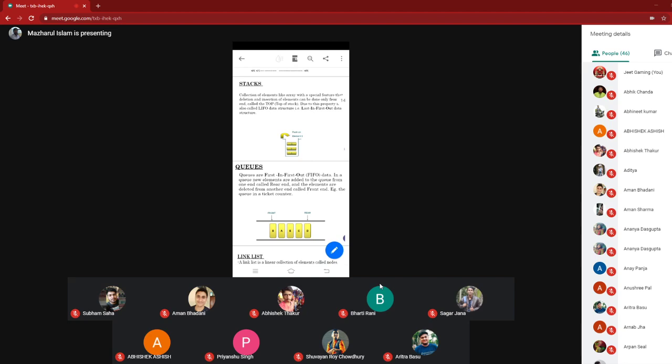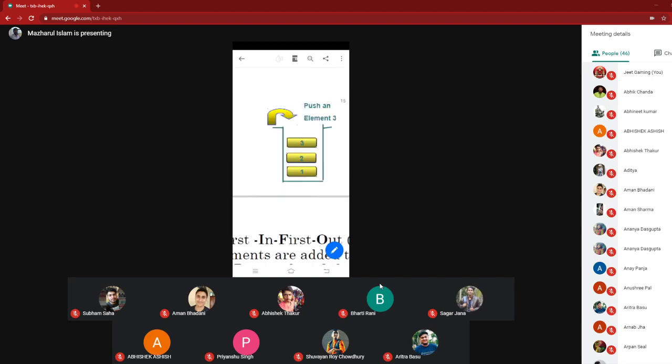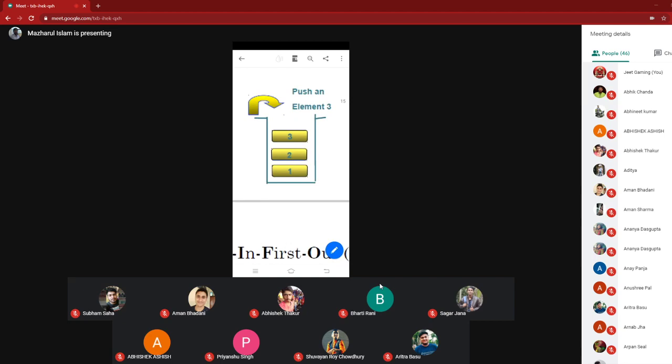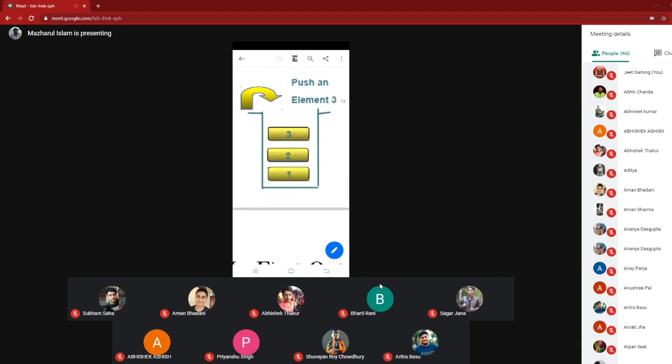Here a diagram is shown: 1, 2, 3. Here insertion and deletion are restricted to only one end, and that is called the top of the stack. So you can visualize or implement it using an array or a linked list.